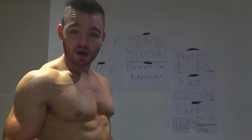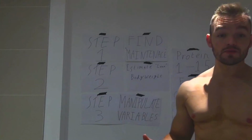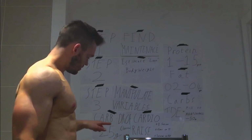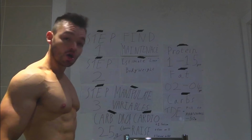If you lost less than half a pound, step 3, manipulate variables. There are loads of variables when it comes to cutting fat. We're going to focus on 2. Our 2 main variables to work with are a carb drop of 25 grams, which is equivalent to 100 calories, or